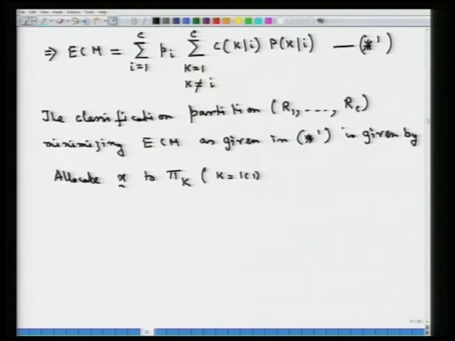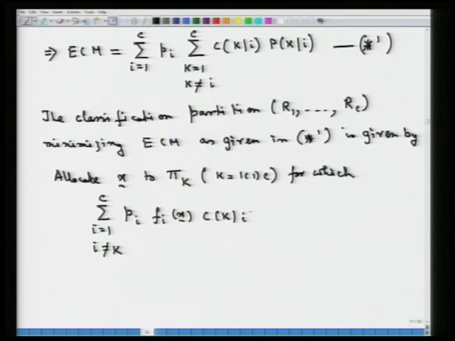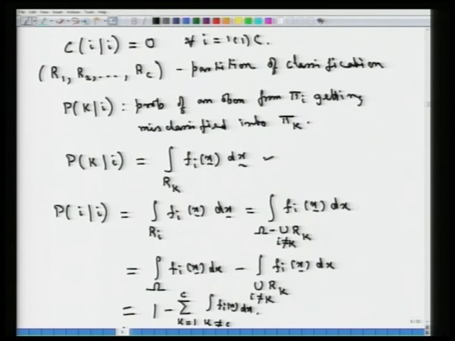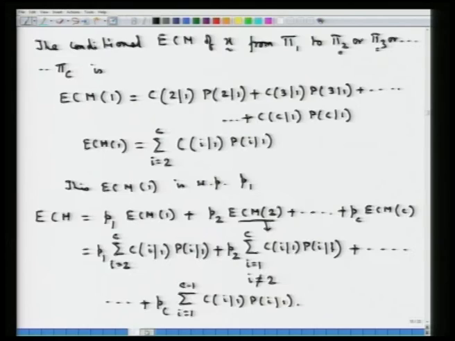There are C such possible populations, k equal to 1 to C, for which we will be having the inner sum here, i equal to 1 to C, with i not equal to k, because we are looking at this pi k, for which we will be having this pi into f_i(x) c(k given i) is smallest. Why is that so? Because this particular term, if you recall, that p(k|i) is in terms of this, and hence